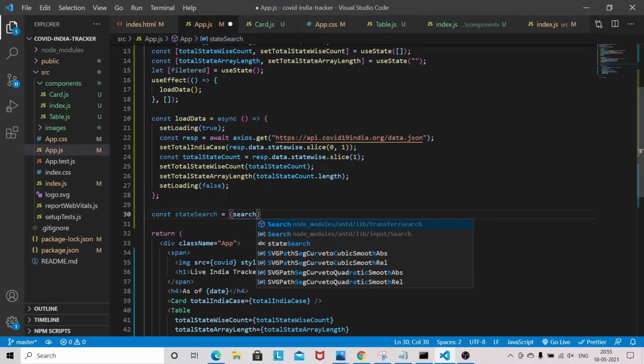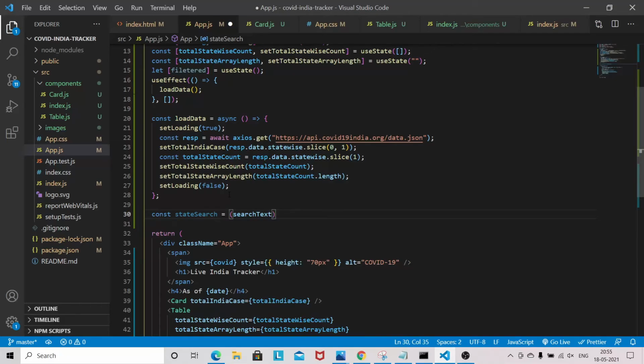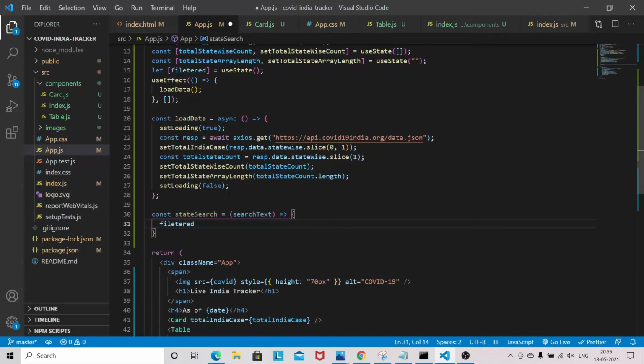So it will be receiving a text, search text, and filtered data.